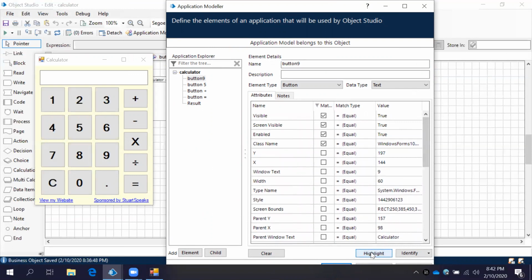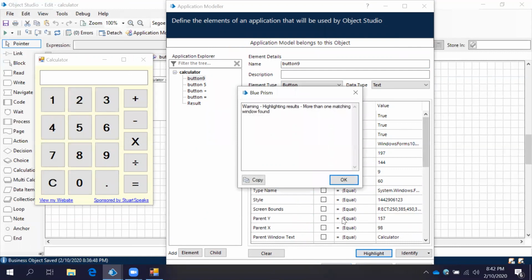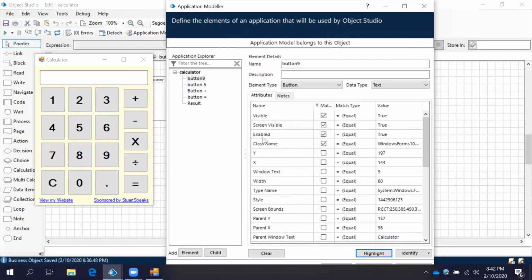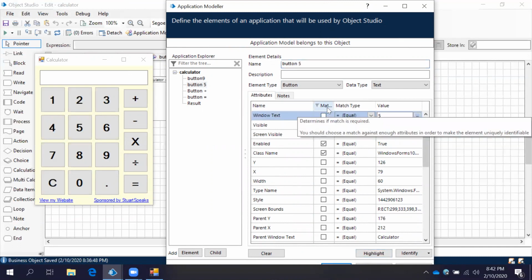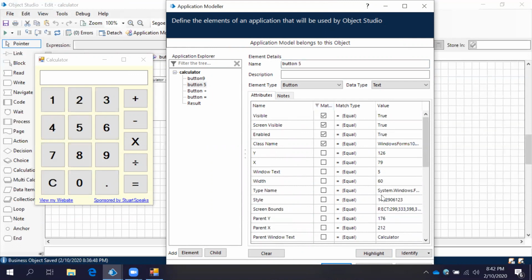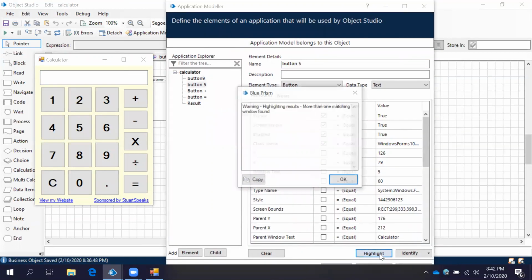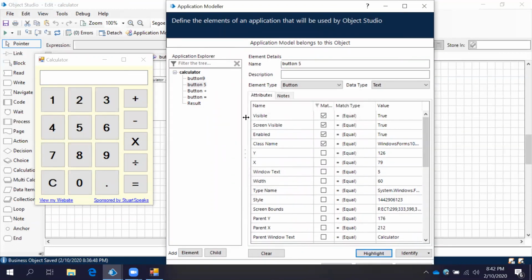Now observe this highlight. What is it showing? More than one matching window found, right? Same thing. Now observe this button 5. Button 5 also unchecked. And now again highlight, same error, right?